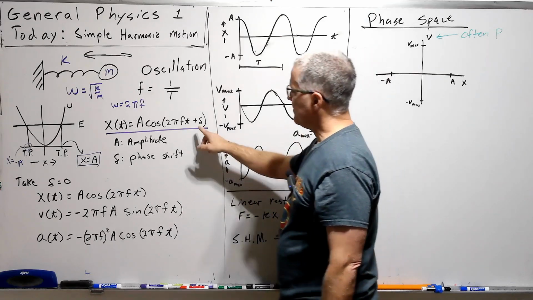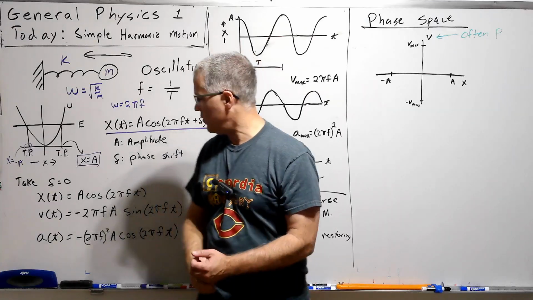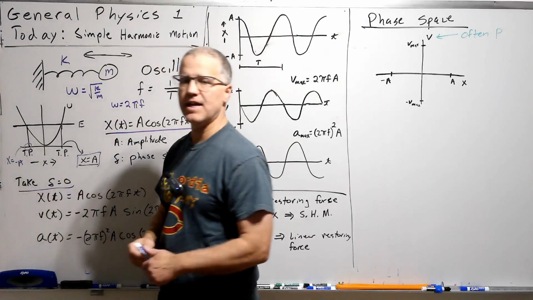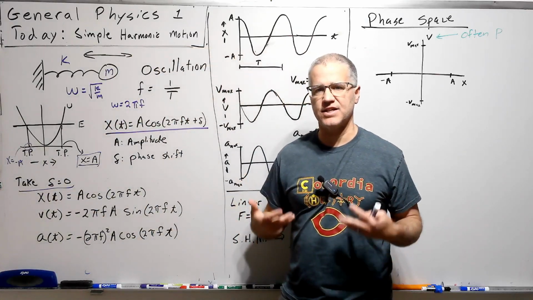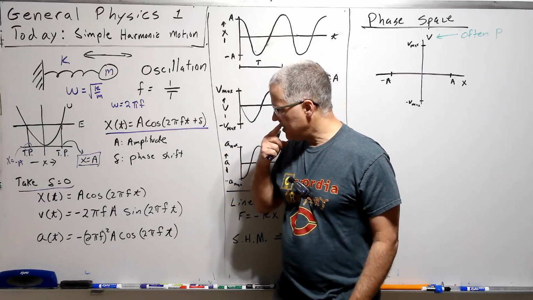So pull and let go. In that case, the phase shift is 0. So we can take the phase shift to be 0 and still understand everything. It's still general. Okay,